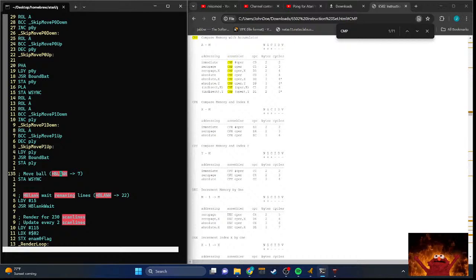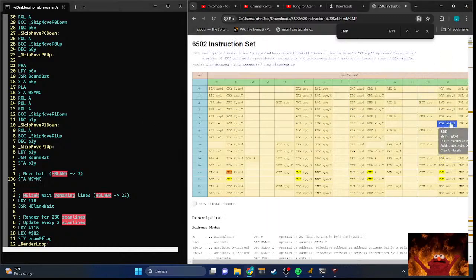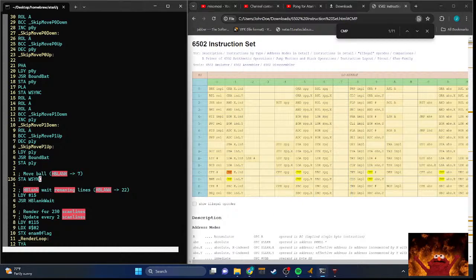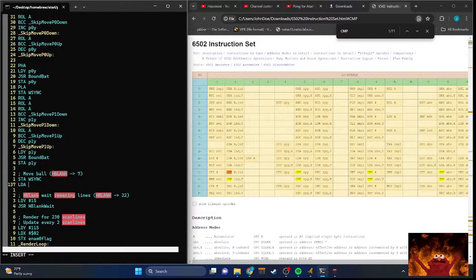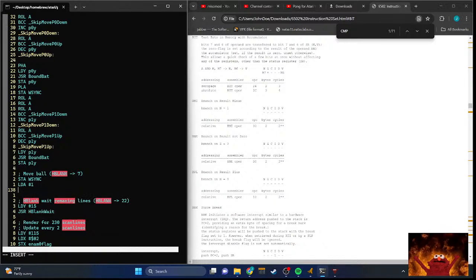Well, that's to A, so I would, I could also use the bit instruction. Yeah, might as well. Okay. LDA 1, and then